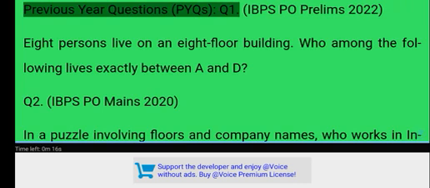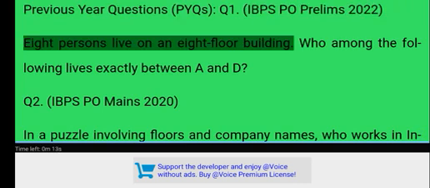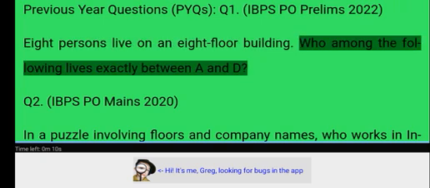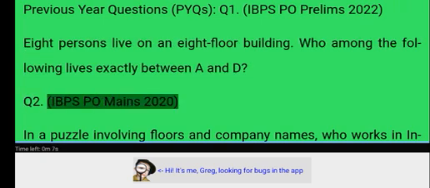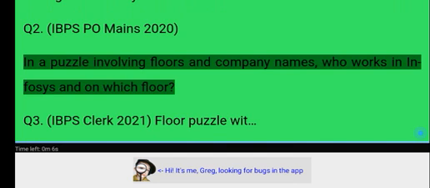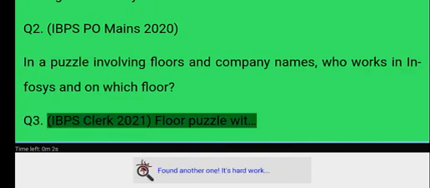Previous year questions, PYQs. Q1. IBPS PO Prelims 2022. 8 persons live on an 8-floor building. Who among the following lives exactly between A and D? Q2. IBPS PO Mains 2020. In a puzzle involving floors and company names, who works in Infosys and on which floor? Q3. IBPS Clerk 2021 floor puzzle with